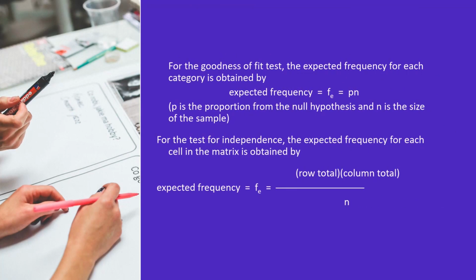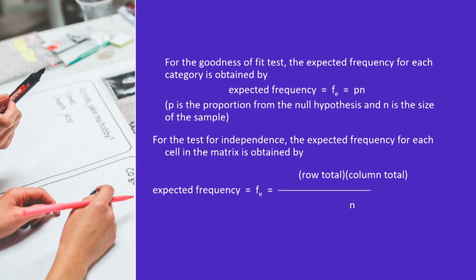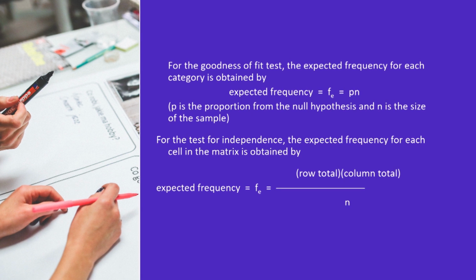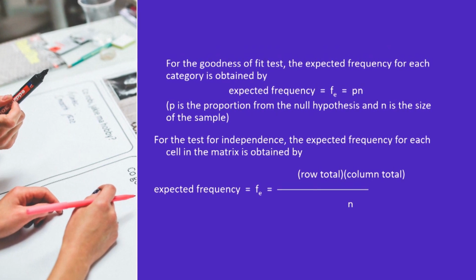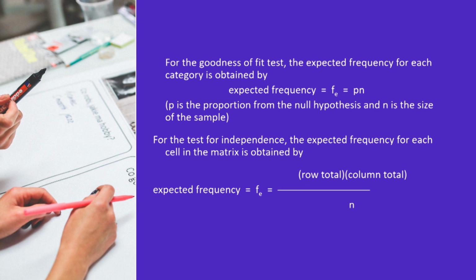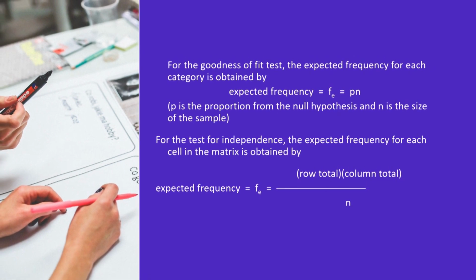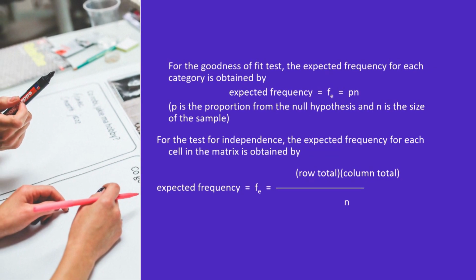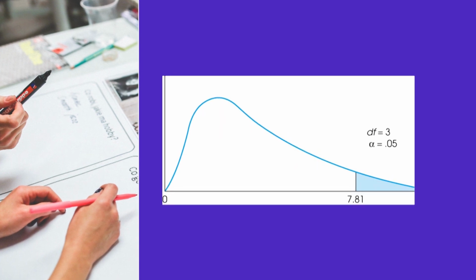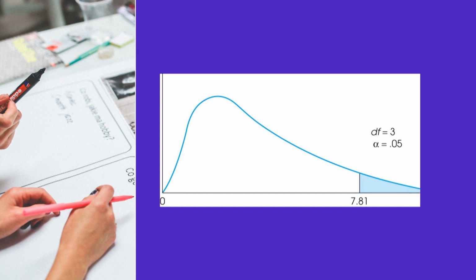For the goodness of fit, the expected frequency for each category is obtained by Fe = pN, where p is the proportion from the null hypothesis and N is the size of the sample. For the test of independence, the expected frequency for each cell in the matrix is obtained by Fe equals row total multiplied by column total divided by N. So if you see, the degrees of freedom is 3 and alpha is 0.05,